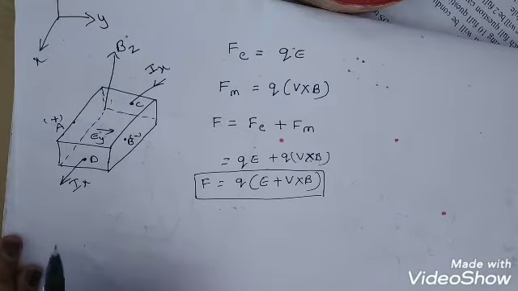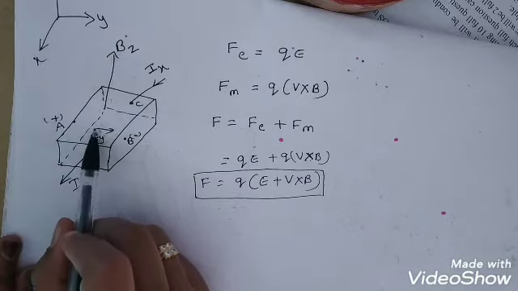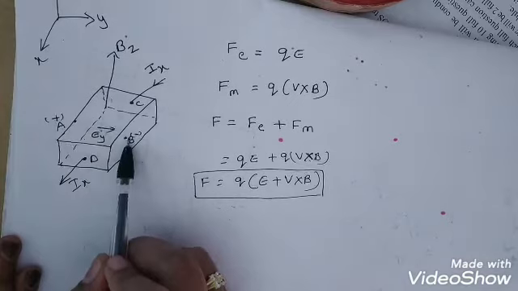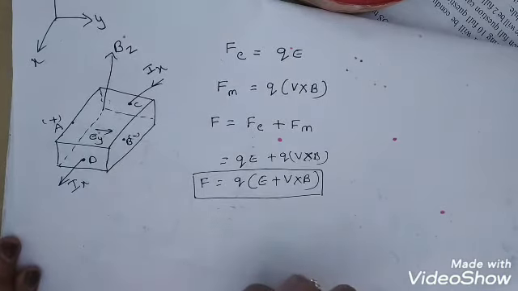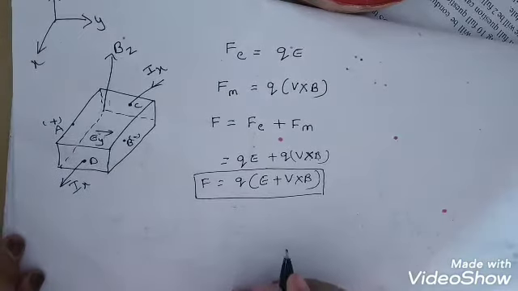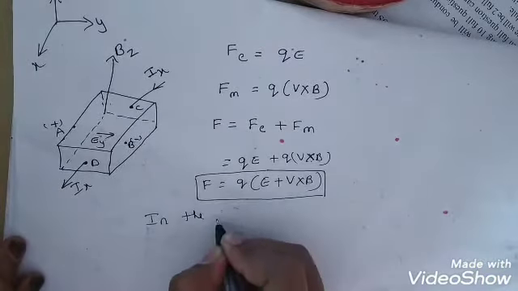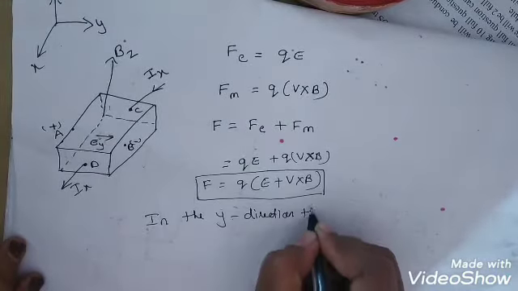You can refer to what the thumb, forefinger and middle finger represent in Fleming's left hand rule. Using that principle, we can say that the potential difference produced between points A and B will be in the Y direction. So the force produced in the Y direction, we can write as, in the Y direction, the force is